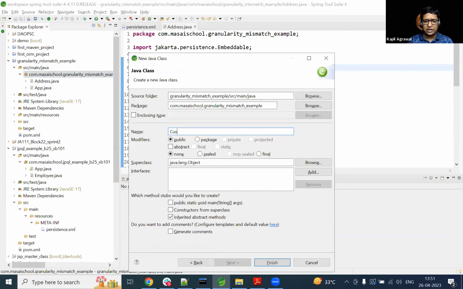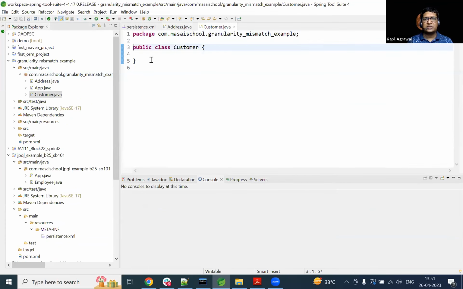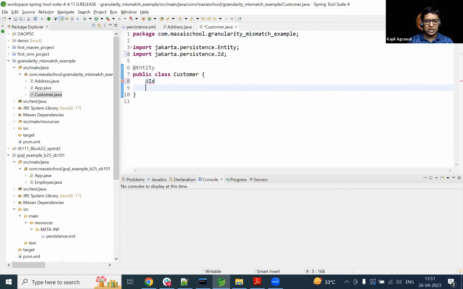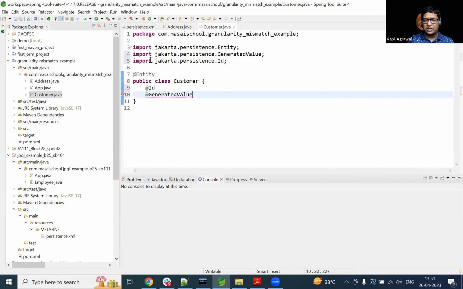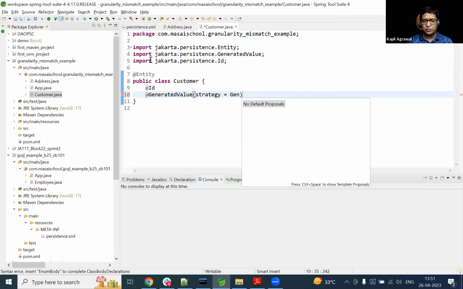Then I'm talking about the next class. The name of the next class that I'm writing is going to be the Customer class. In the Customer class, the first thing that I need to write down is @Entity. Next, I want to write @Id. Then definitely I have to talk about @GeneratedValue. In the GeneratedValue, I have to talk about the strategy, and the strategy is going to be